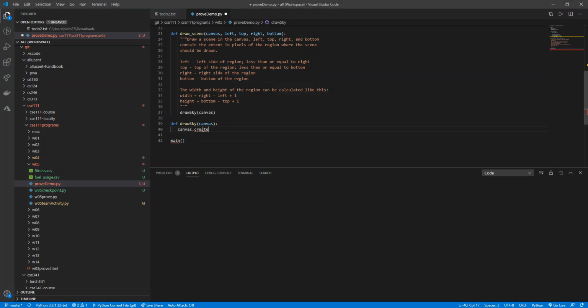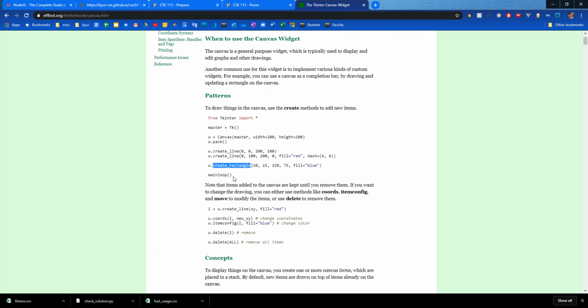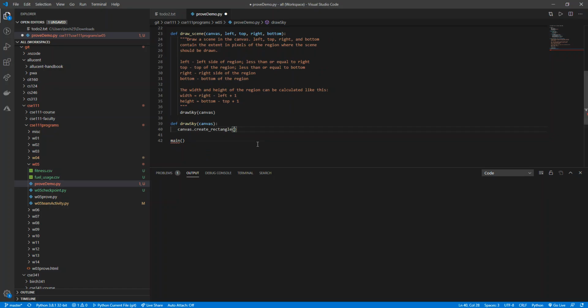So I'm going to say create rectangle, and then let's see what we pass into our rectangle. Looks like our canvas itself has master width and height. For our rectangle, we just have our dimensions and then a color. So let's pass these in. I'll just say 0, 0, and 799 and 599. And then we'll say for our fill,